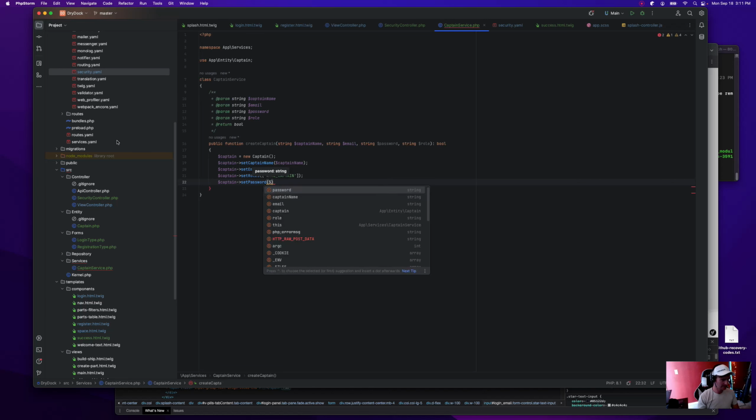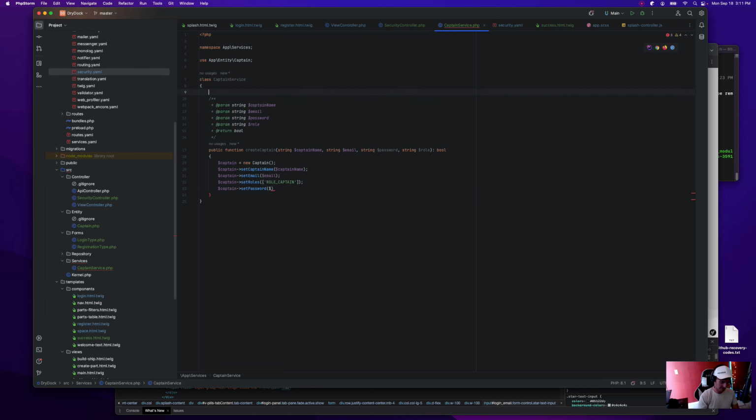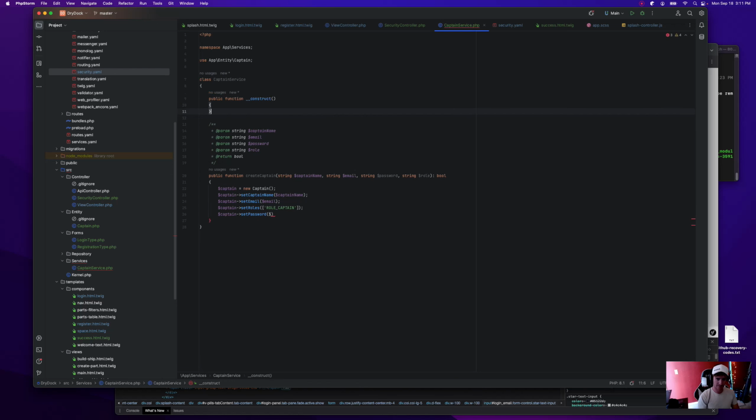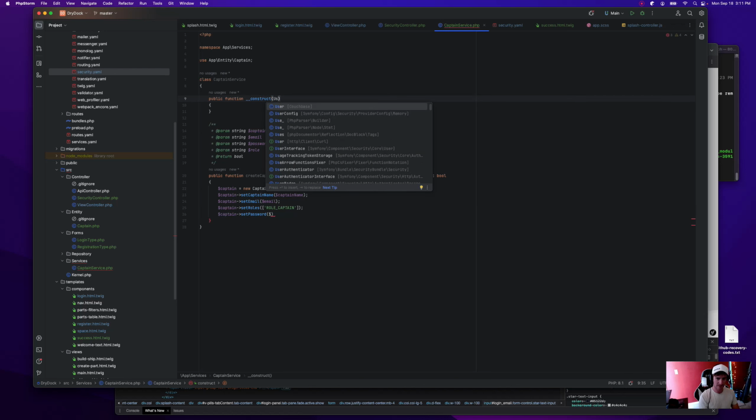Okay, I probably need to add a constructor because I need a password hasher. Public function construct. Let's see. I am going to need the user repository as well, so we can autowire. This autowiring should work for this.